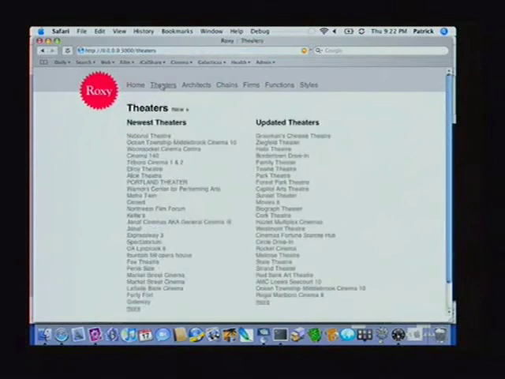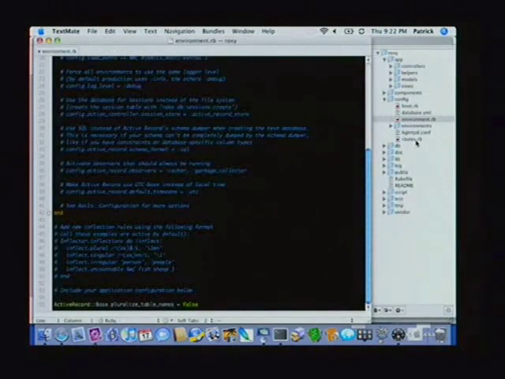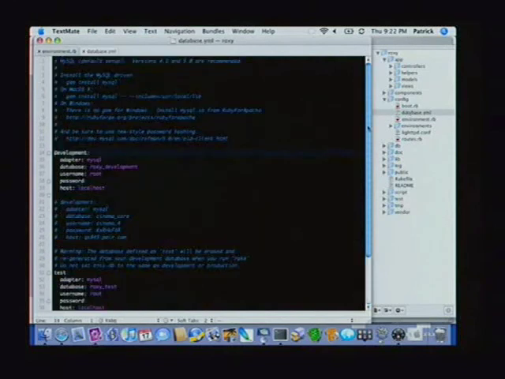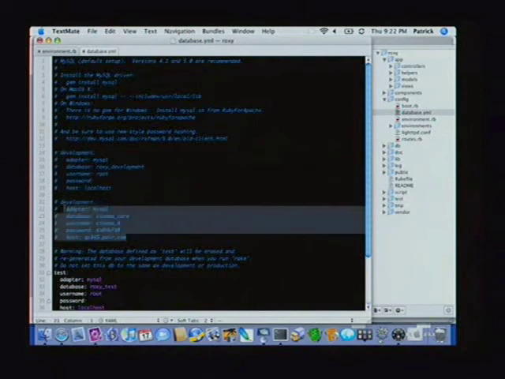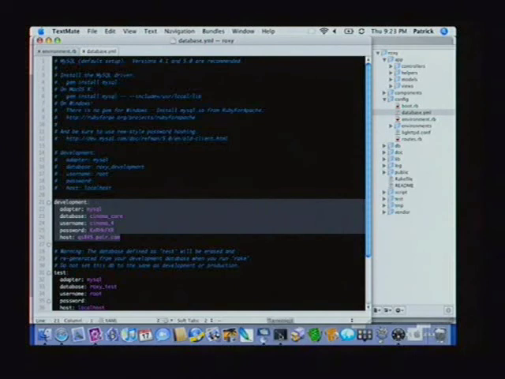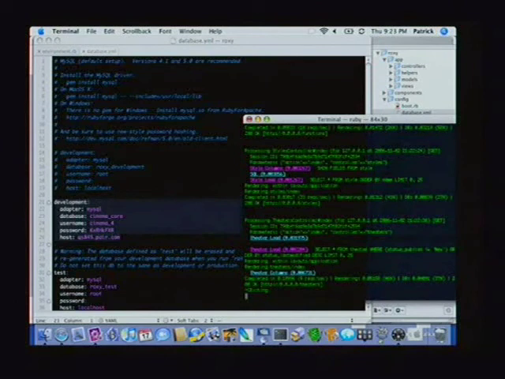The cool thing about this is, right now I'm just running this against a local copy of the Cinema Treasures database, which I've been doing for development. But as a proof of concept, I can just go to my database YAML file and swap that out with the actual real live database and play around with it. So to do that, I'm going to,